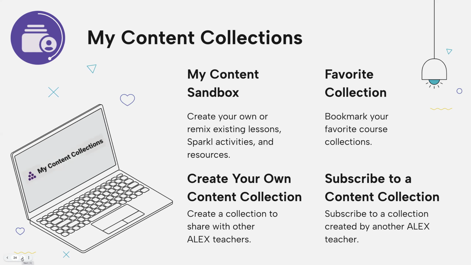So this is going to be a place where you can create your own lessons from scratch. You can remix existing lessons, meaning you can find a lesson that was created by another Alex author. You can make a copy of it and then edit it and update it for your own use. You can create Sparkl activities and resources. So that's going to be the content sandbox.